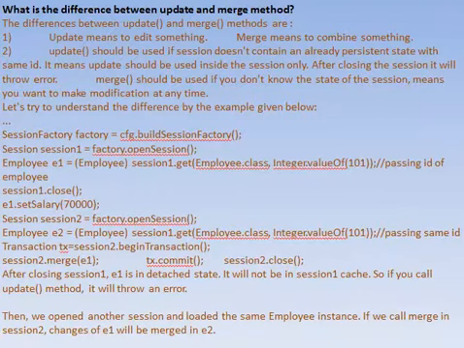Transaction tx = session2.beginTransaction(); session2.merge(e1); tx.commit(); session2.close();